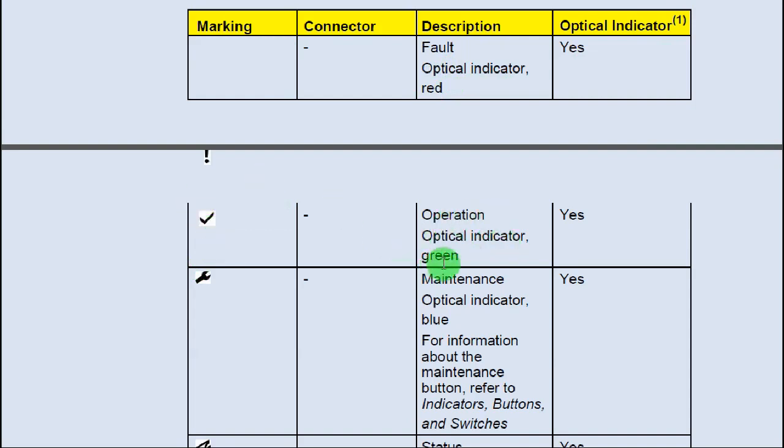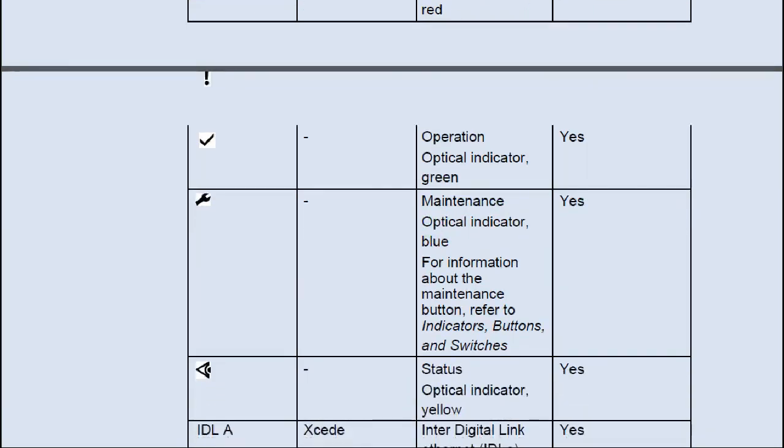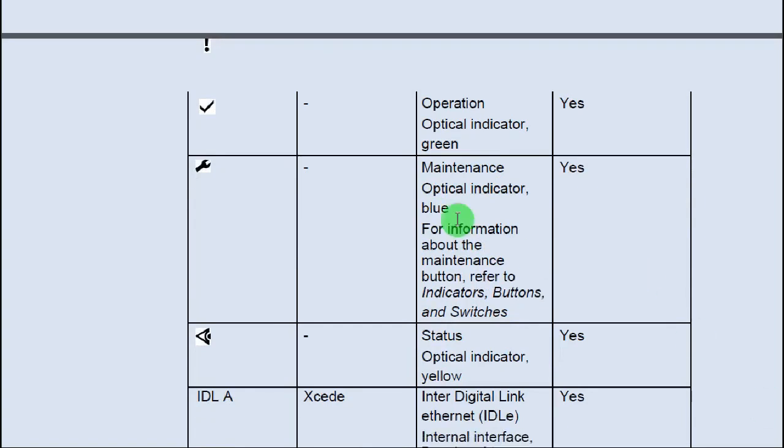Operation optical indicator is green. There is also an indicator used for maintenance, optical indicator blue; for information about the maintenance button, refer to indicator, button and switch. And this indicator for status is optical indicator yellow.